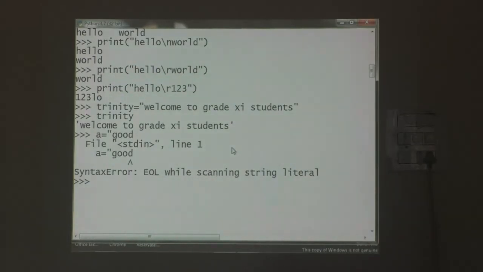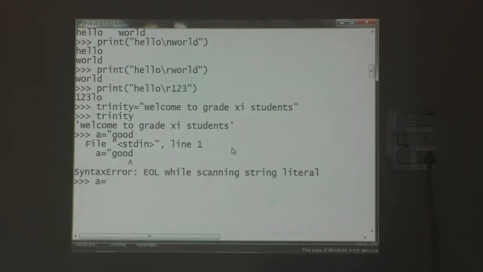So what will we do if we want to give a multi-line string? How can we give a multi-line string in Python? Using a backslash. In two ways we can give a multi-line string in Python. First way, using a backslash at the end of the string before pressing the enter key, to continue the text in the next line.